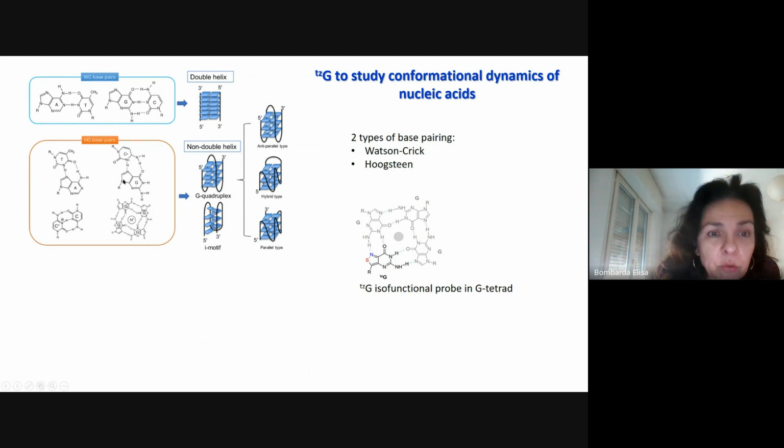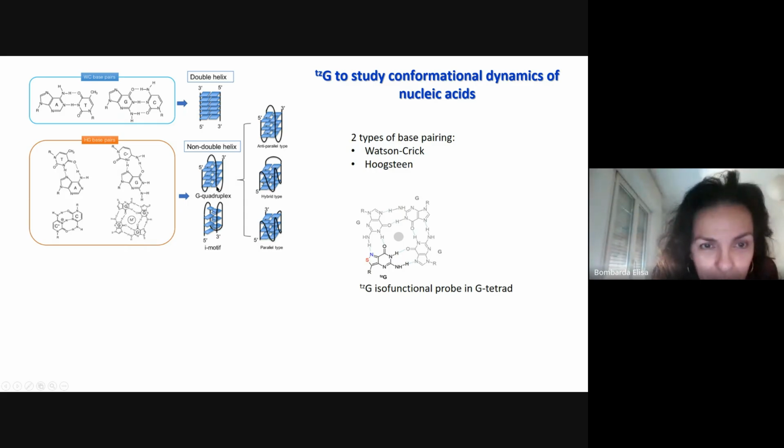And Hoogsteen base pairings are important in the stabilization of tertiary structures of the DNA, and in particular of the G quadruplex, which, you see, is